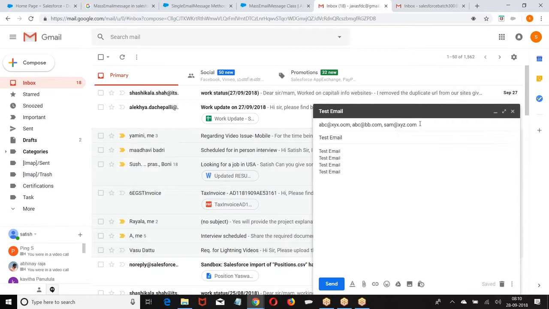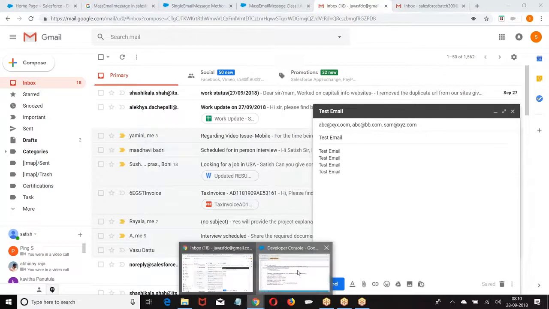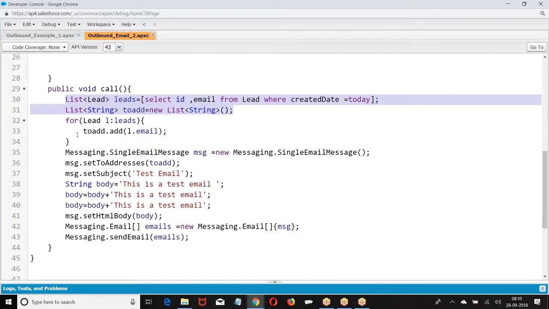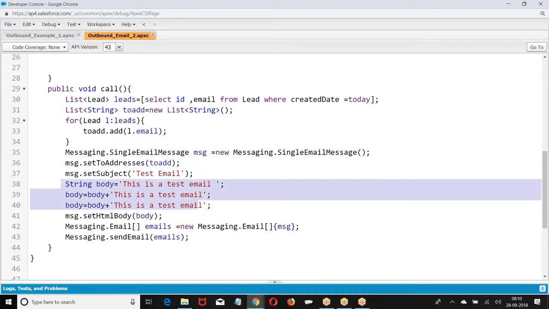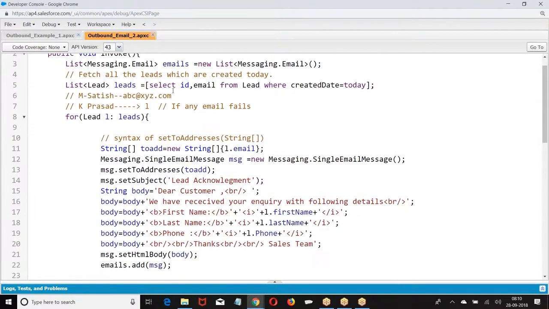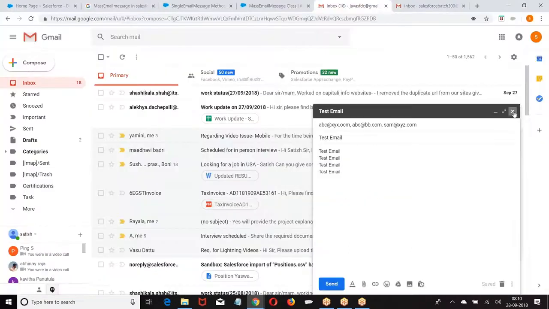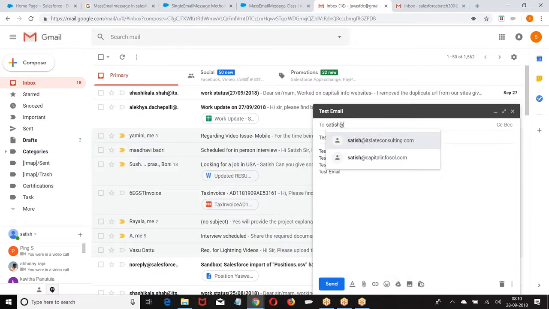But what is the program we wrote till now? This is not the program we did. If I read the program like this, it wrote a SQL query, took the email addresses, and wrote an email message with a body. Now, this is not the program I am writing. This is my program. In this program, what have I done? What is this program? The above program is... lead is Satish.